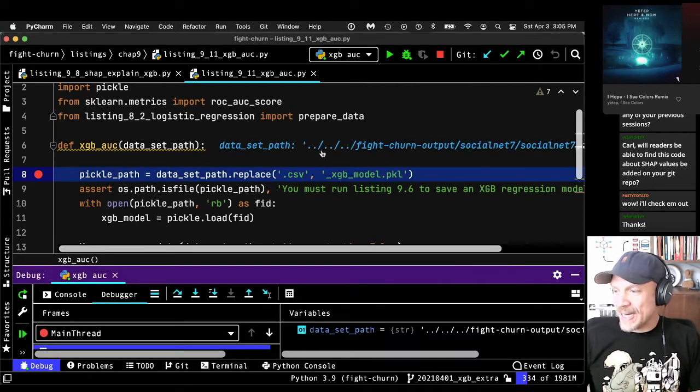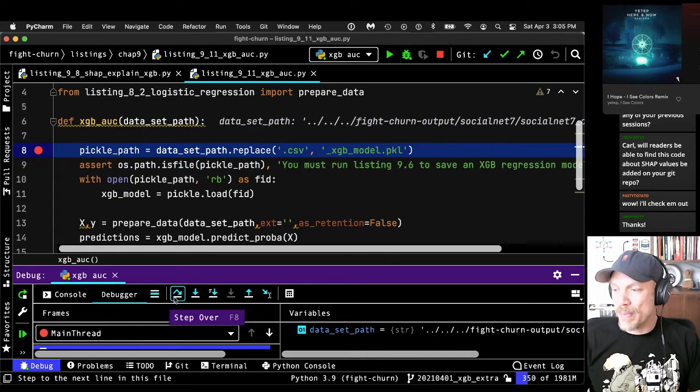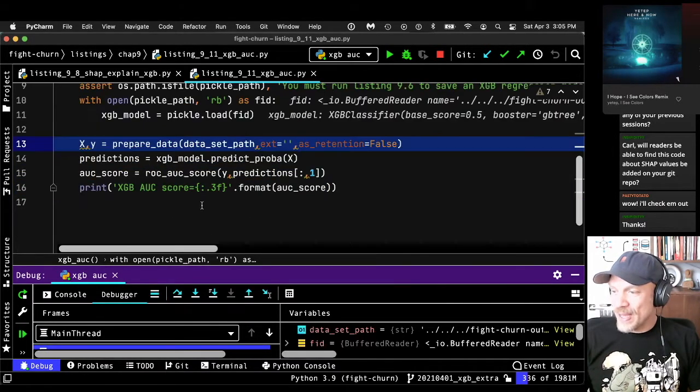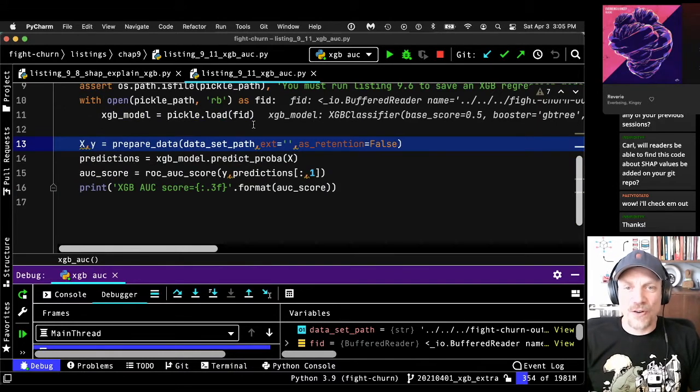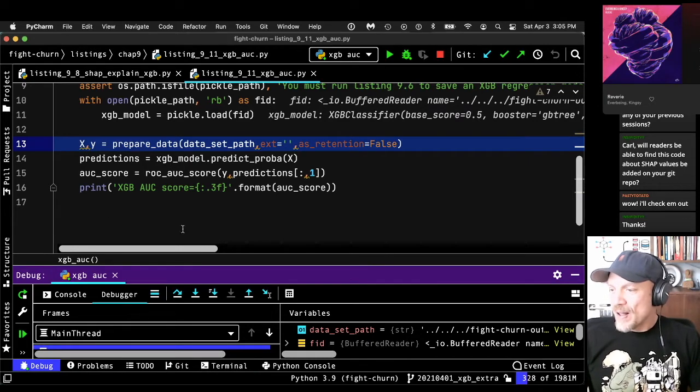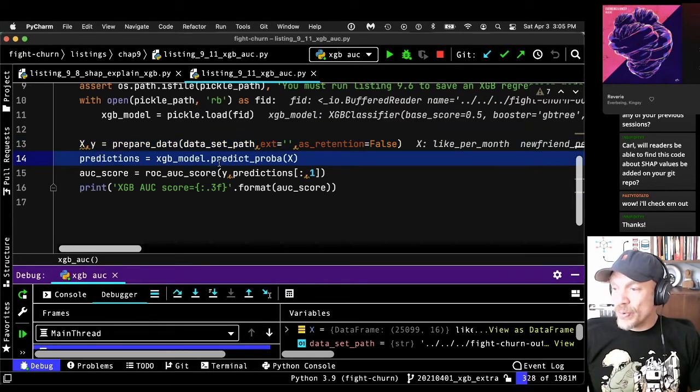So I'm just running it, and guess what? We start out the same way as the last one. We load the pickle from the model that we already saved. Next, we open it. Then we use the same prepare data function, which I demoed earlier in the stream. So sorry if you just joined. We don't want to demo this again. It would be boring. We also looked at the predict proba function, which gives us the predictions from our saved model.